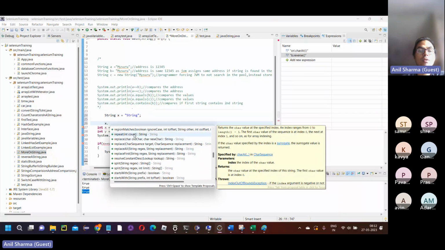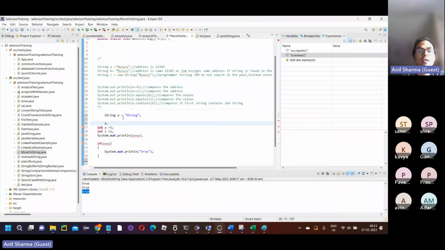Repeat is also not required, replace you can practice, replaceAll you can practice, split by value, split with some regex. We have not done regex. Regex is a regular expression. Using some regular expression also we can work with strings, right? startsWith, endsWith, strip, then stripLeading, stripTrailing, substring. You practice these methods. Substring is also a very critical method. Say x equal to a string, and then I say